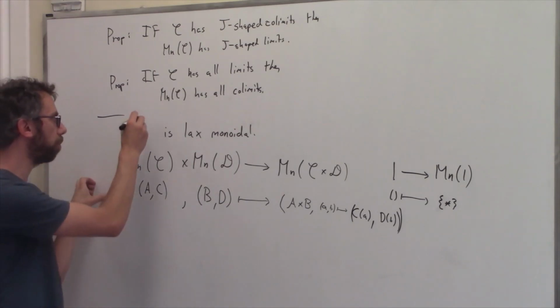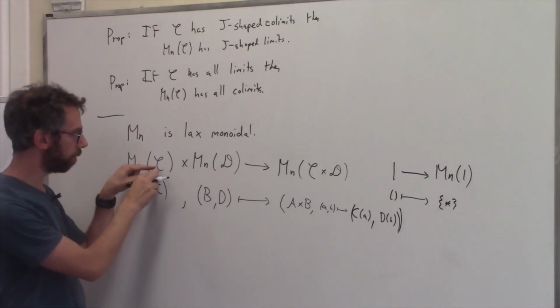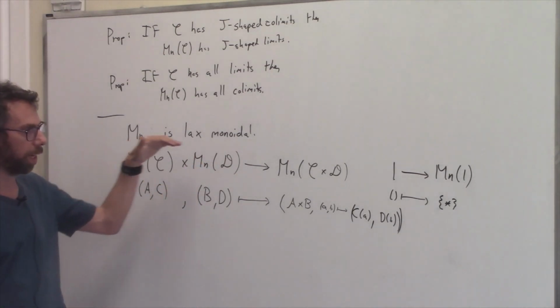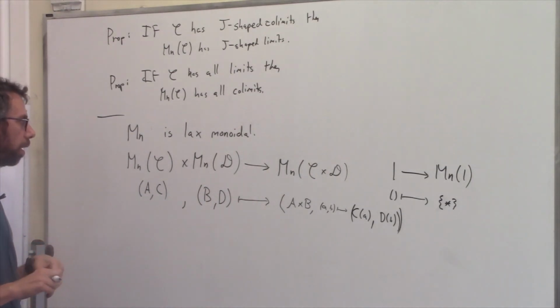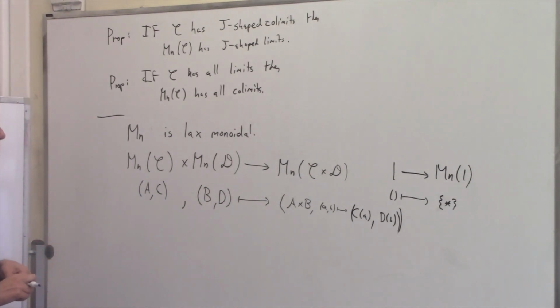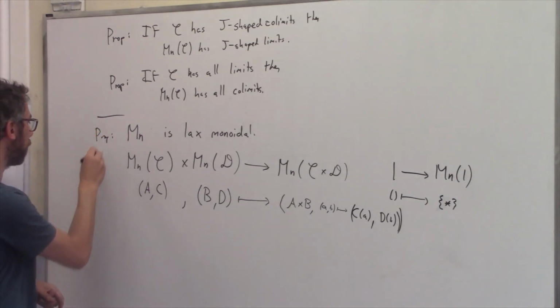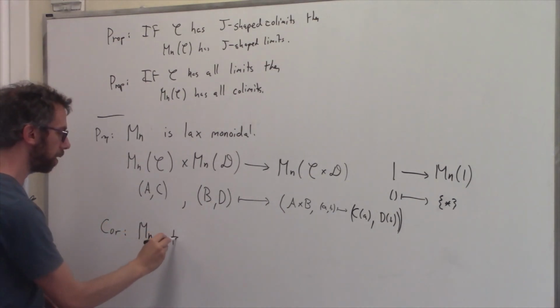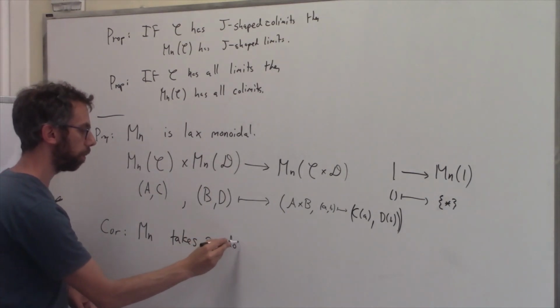It's a functor from, yeah, let's see. If you have a functor from C to C prime and D to D prime, you will get a strictly commuting square here. So it's very reasonable. What this means though, so here's another proposition, and a corollary is that min takes pseudomonoids, and then,